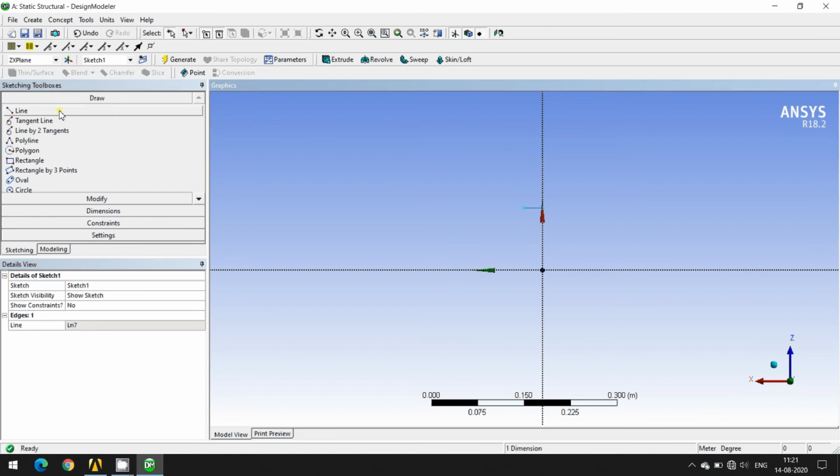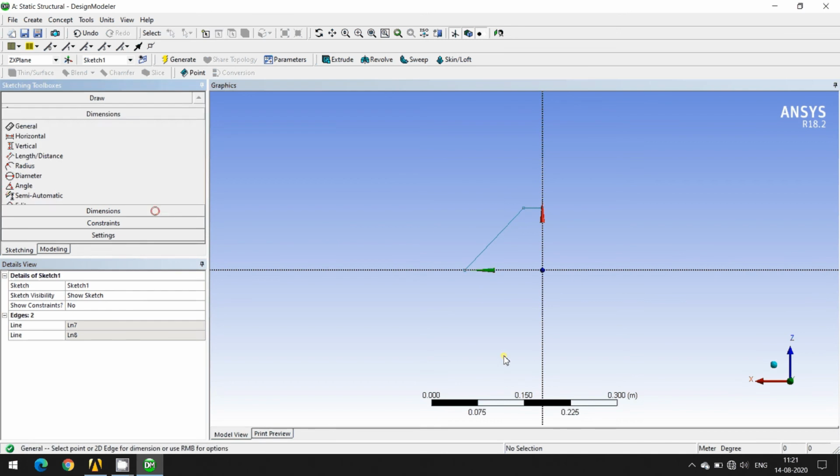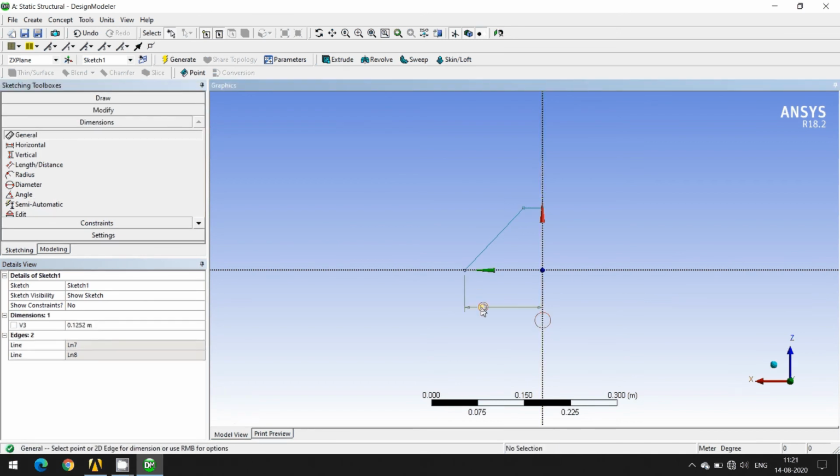Now from this, I'm going to draw a line which is starting from here and ending somewhere over here. Now I'll just check the dimension between this point and this line. So let us say I want to have this dimension as 0.035. Okay, so I think this is not working, so I'll just undo this.